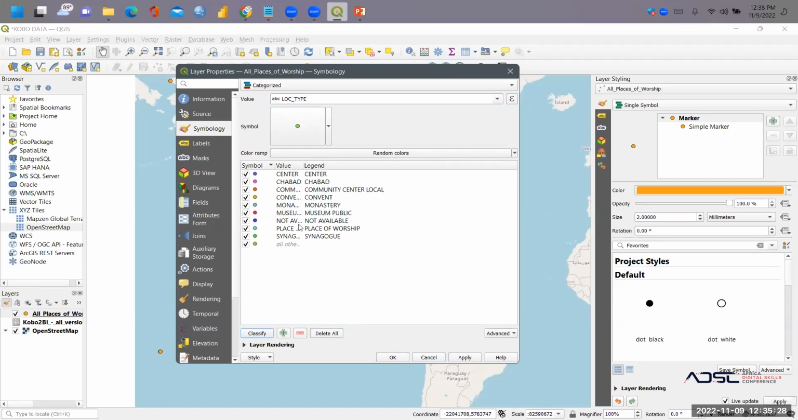Now, classify will extract all the different types of locations that you have in your data set. So if you look here, all the different types of the location are shown here. We have Chabad, community center, convent, monastery. These are all the stuff that we have in the data set. Okay. Now, all other values has been automatically generated